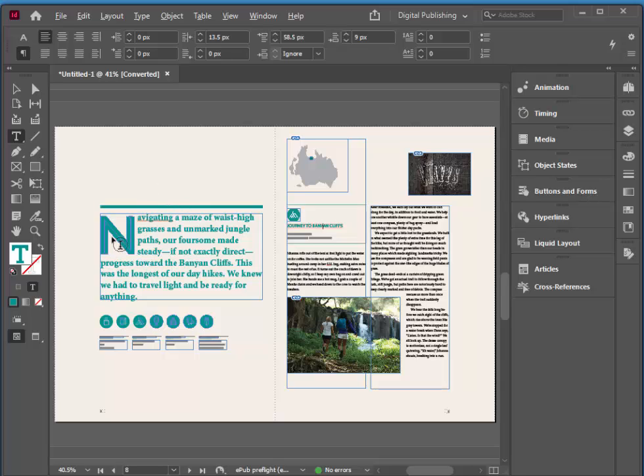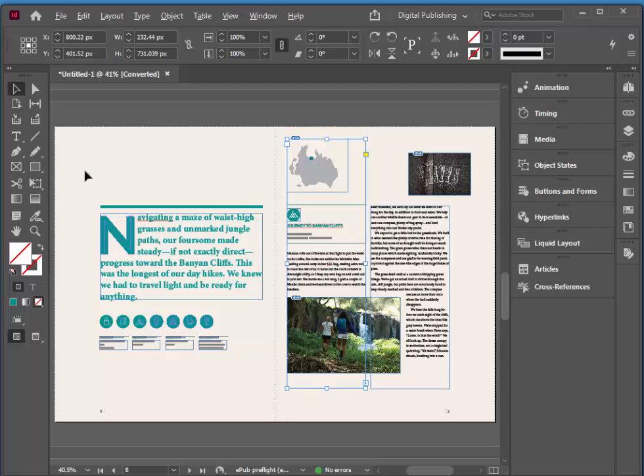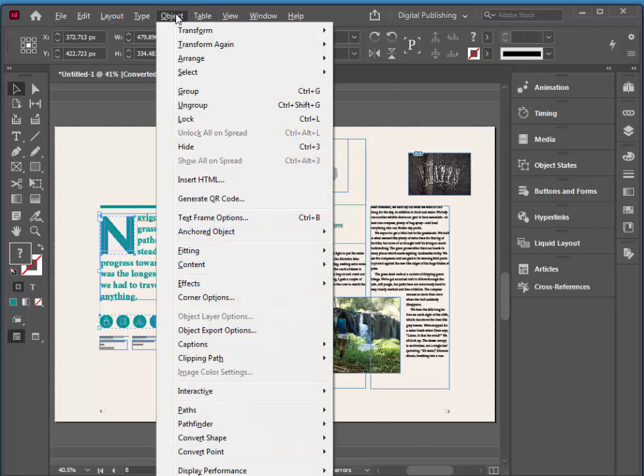This arrangement of text and graphics will be hard for EPub to reproduce, so I'm going to make this into a group and then rasterize it so it'll be an image. So I'm going to use my selection tool, grab all of that stuff, everything except for those 4 paragraphs at the bottom there. I'm going to choose Object and then Group,